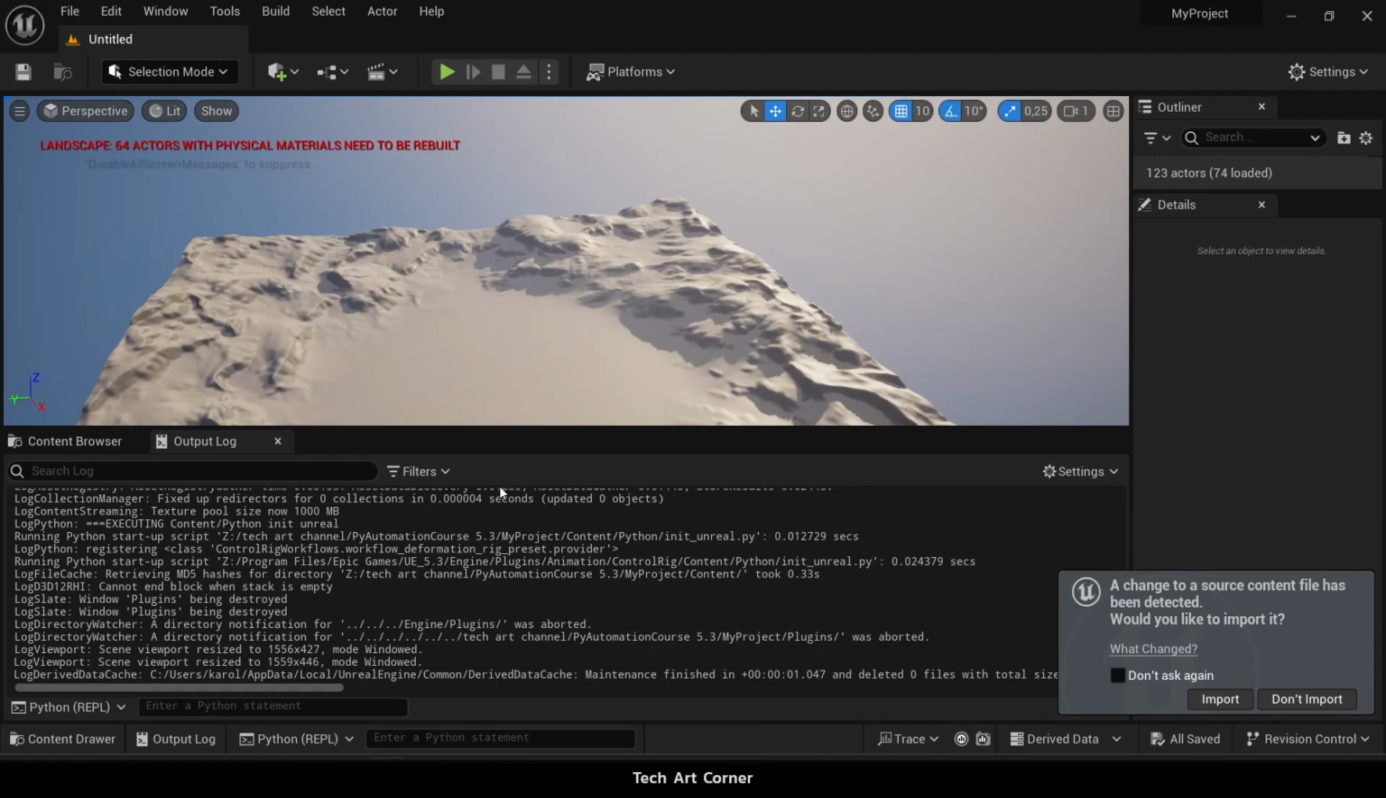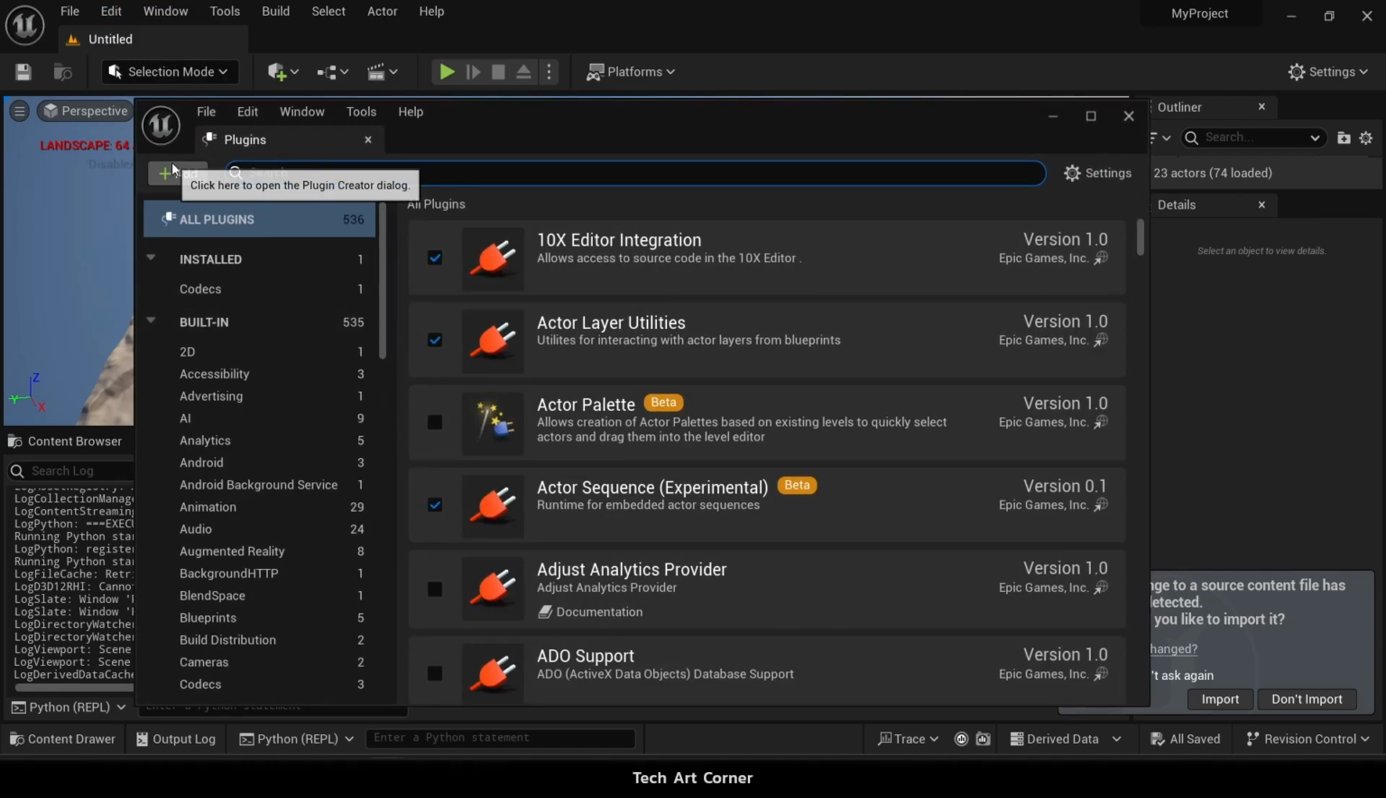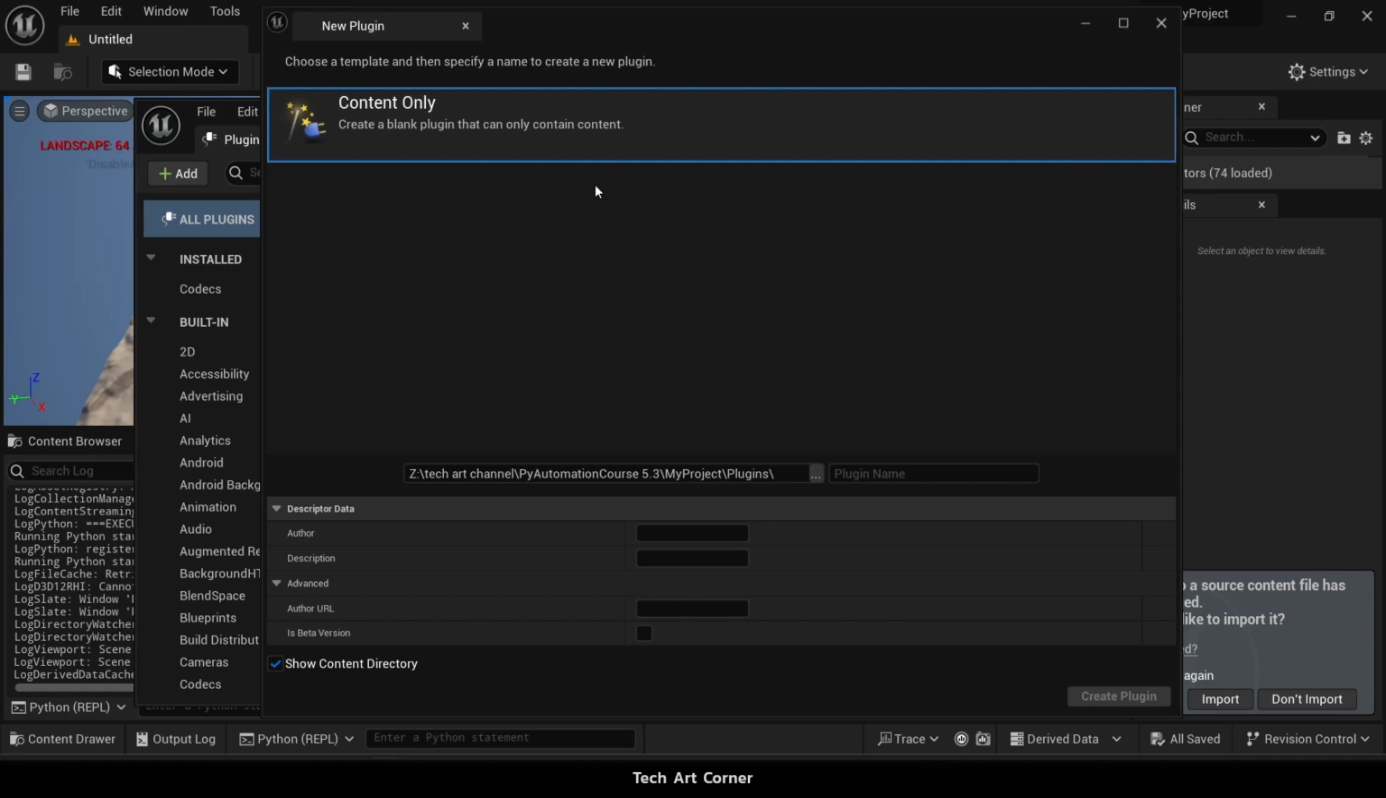left top corner, Edit tab, and navigate to Plugins. On the left side there is an Add button, click on it, and let's pick Content Only. Don't be surprised if you have more options to choose from than me. I have only a single one, and that is fine because I haven't compiled my engine myself. Let's pick some name. Make it straightforward, like debugpy Python package, and author is Tech Art Corner. Create plugin,